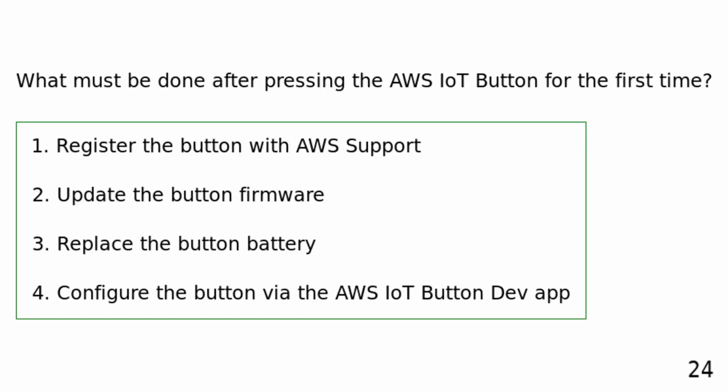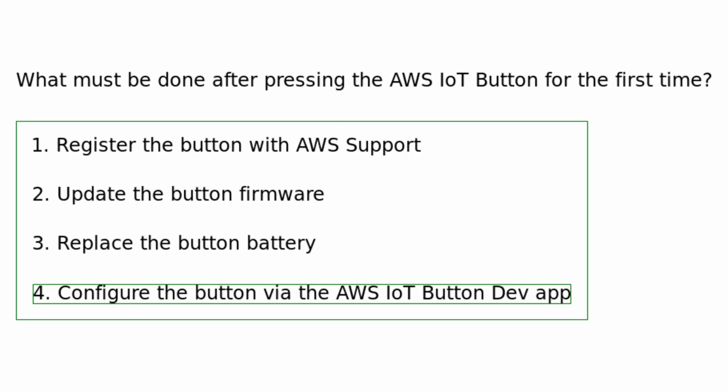What must be done after pressing the AWS IoT Button for the first time? Register the button with AWS support. Update the button firmware. Replace the button battery. Configure the button via the AWS IoT Button Dev app. After pressing the AWS IoT Button for the first time, you need to configure it via the AWS IoT Button